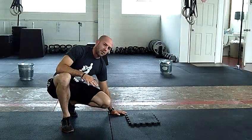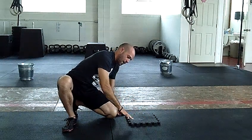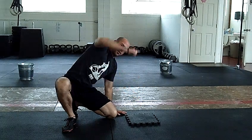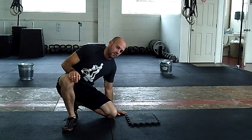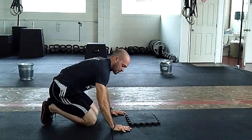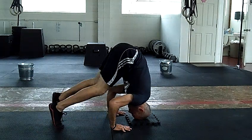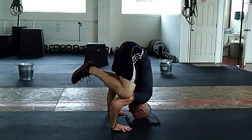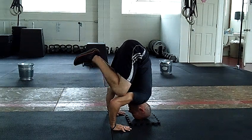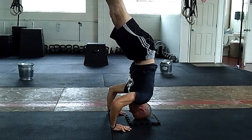If I do this properly, I will actually be at a slight angle because my head is in front of my hands and the body will be coming back like this. It's not directly on top of the head going straight up like most people think. So if we assume that same position, nice wide fingers, hands shoulder width apart, head on the pad, we can assume this headstand position. Extend up, squeeze your stomach and butt really tight to that hollow position,